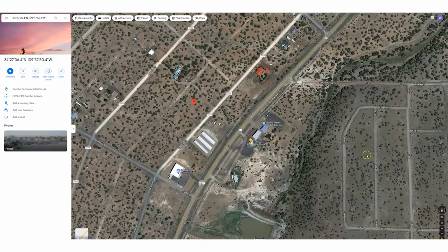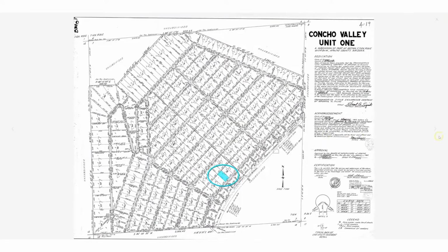The main selling point, of course, is proximity to the lake and the features that you'll see as we go through the photo gallery. Anyway, let's do that right now. So first off, guys, we got the plat map here in the gallery. This, of course, is not the world's best plat map, but it does at least demonstrate that this is a 1 acre lot